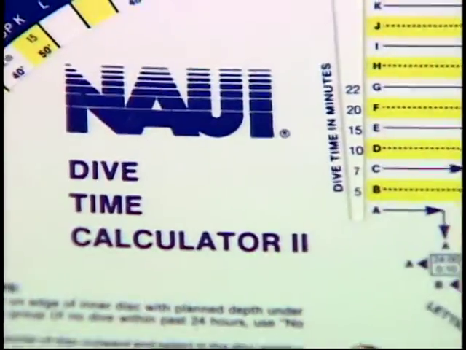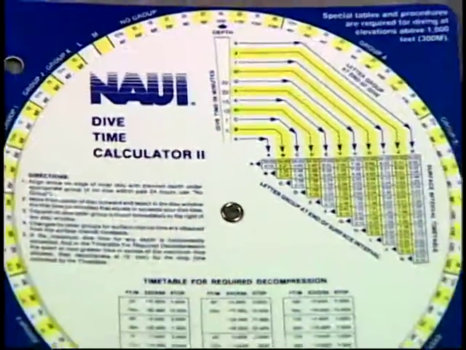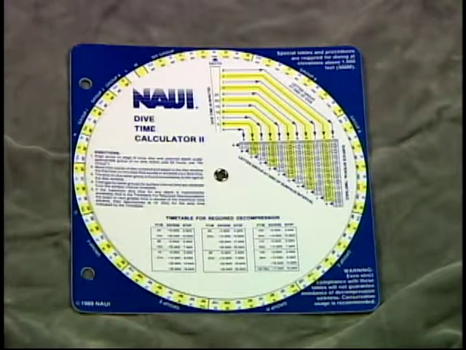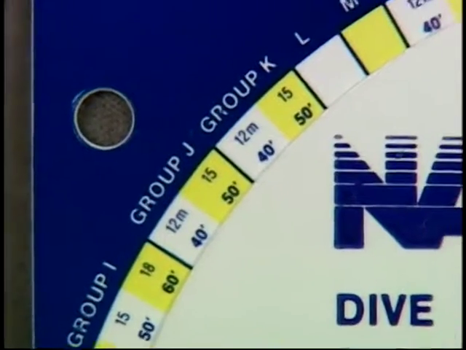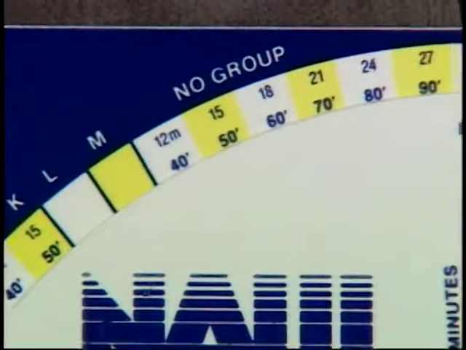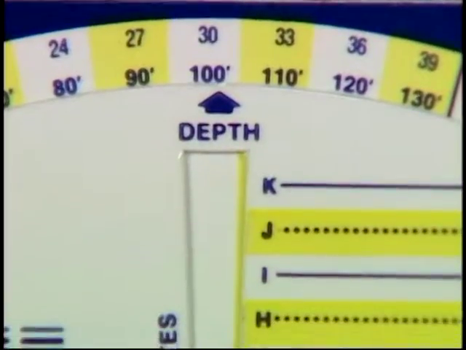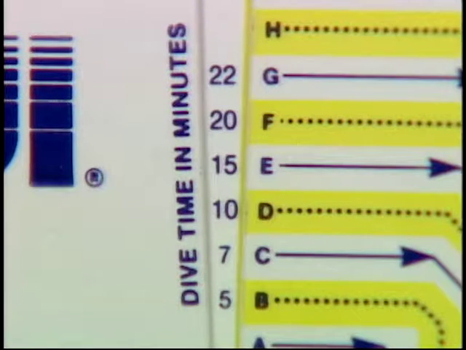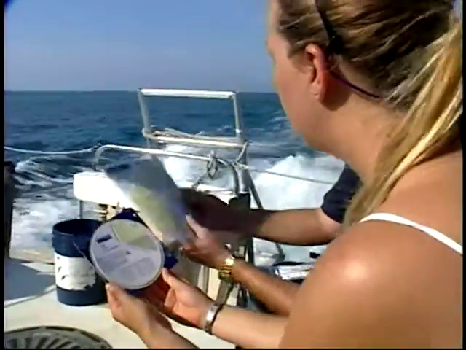The NAUI dive tables are the basis for the NAUI dive time calculator, which eliminates some calculations required with the tables. Once you are familiar with the NAUI dive tables, learning how to use the NAUI dive time calculator is easy. NAUI dive tables 1 and 3 are combined on the base plate. Letter group designations appear around the circumference, and ADTs in minutes appear in the window. End of dive letter groups appear to the right of the ADT numbers in the disk window.